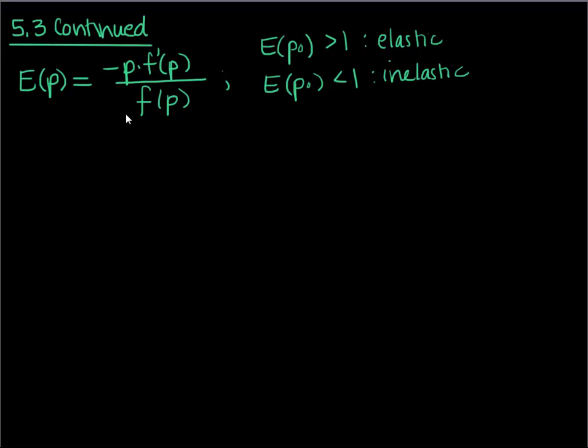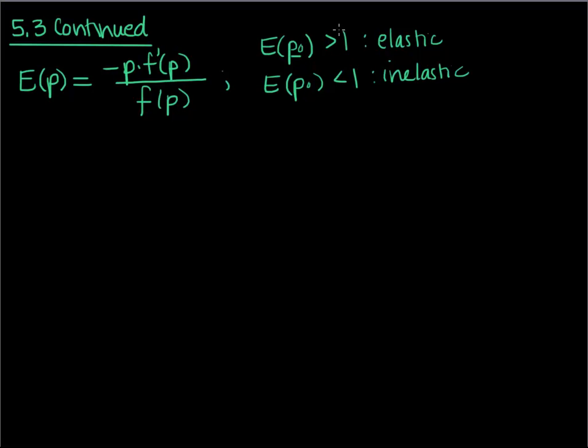Okay, so we're going to finish up 5.3, hopefully not in as long as it took for the first part of 5.3. But we ended the last video with this definition of elasticity of demand. Elasticity of demand is given by a negative P times F prime of P over F of P. F of P is your quantity demanded, and P is your price. And we talked about how if I evaluate this formula at a certain price point, P sub 0, let's say,